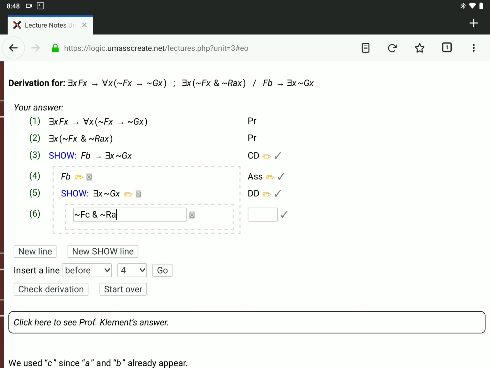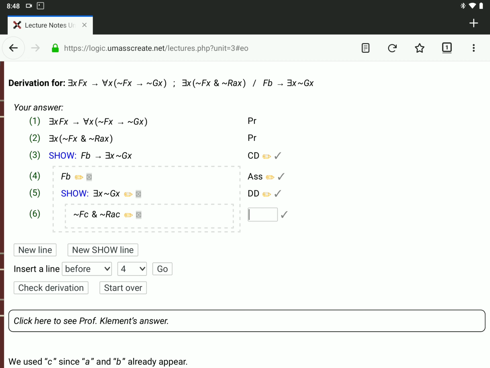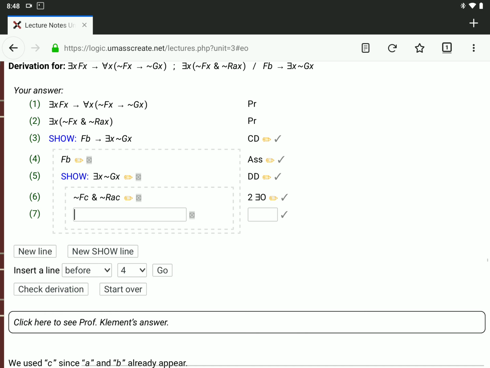And replace both the x's with the same name. It has to be a new name, so we're using c. That's 2 existential out. Now, if I want to use line 1, I can't do existential out on 1, but what I can do